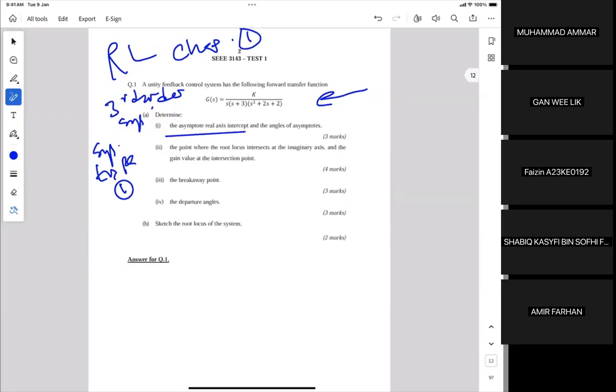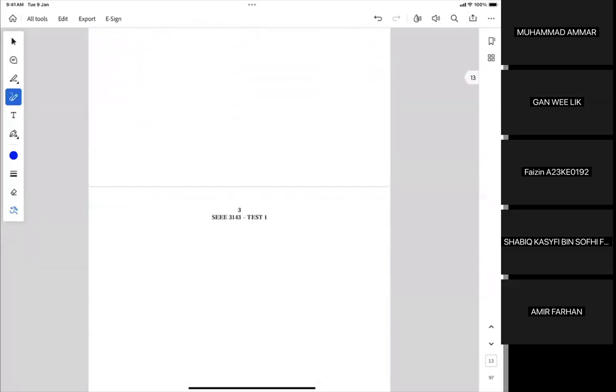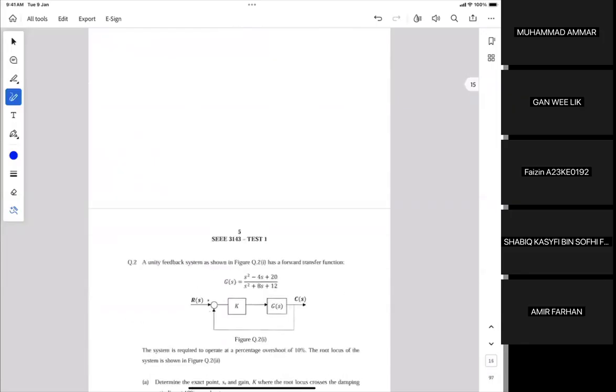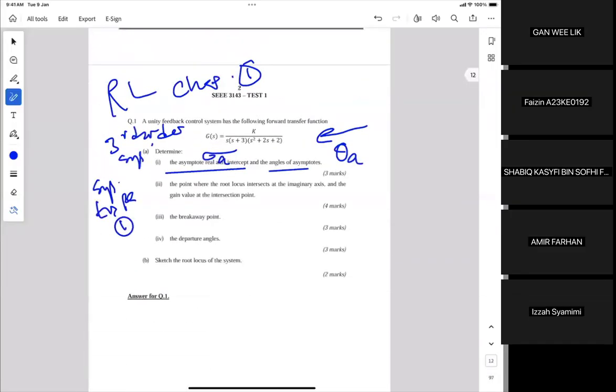This one is known as sigma A. And the angles of asymptote, theta A. Okay. So is there any plot given? Okay, no plot given. So by using a formula,